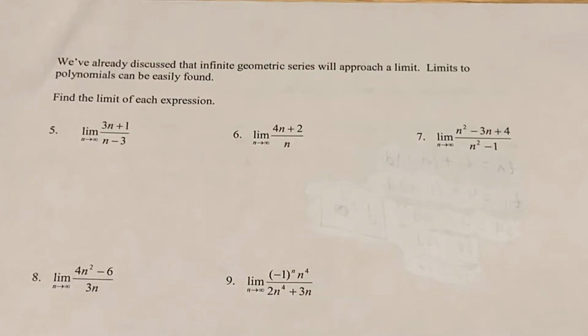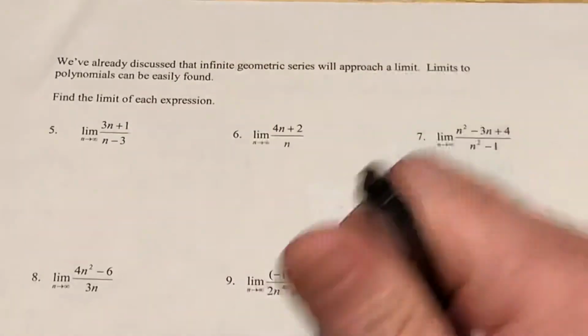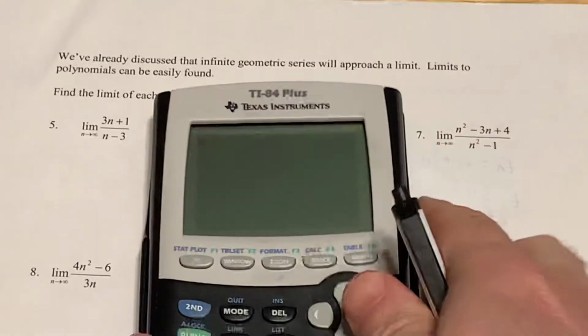We've already discussed that infinite geometric series will approach a limit. Limits to polynomials can be easily found. It says find the limit of each expression. So find the limit as n approaches infinity of the expression 3n plus 1 over n minus 3. Now,